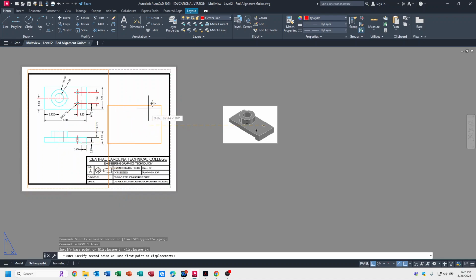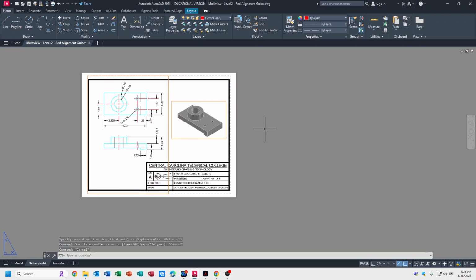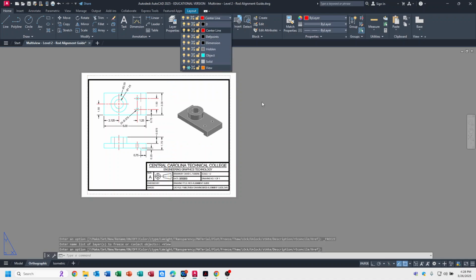Now, the reason I'm moving my cursor like up and down and you see that it's not moving is because I want to show you that if you turn ortho off, which is F8, then you can freely move it up and down and around and place it where you would like your 3D object, which I'm going to put mine's there, okay? At this point, you can go ahead and turn off the view layer, and now your PaperSpace